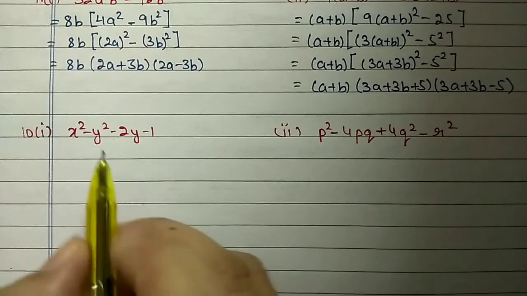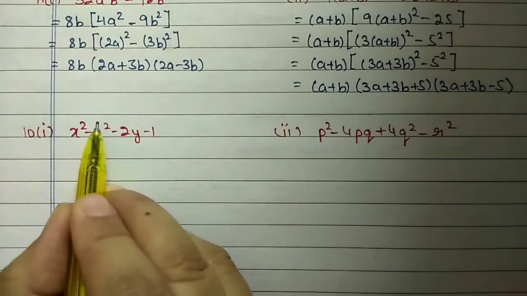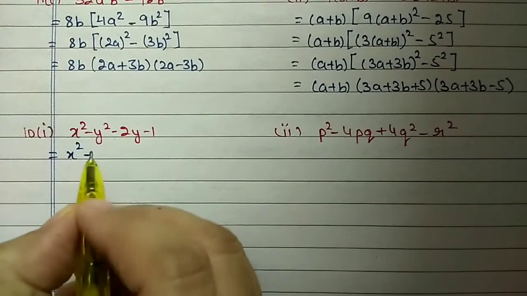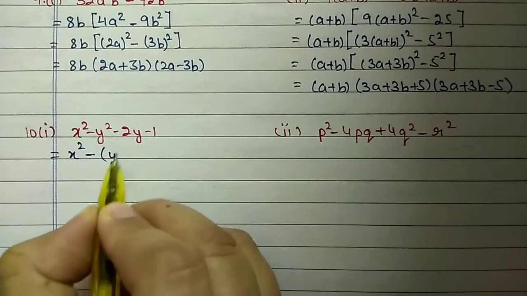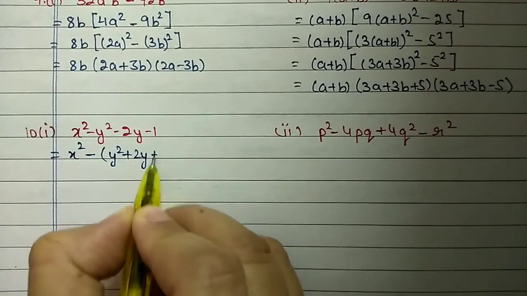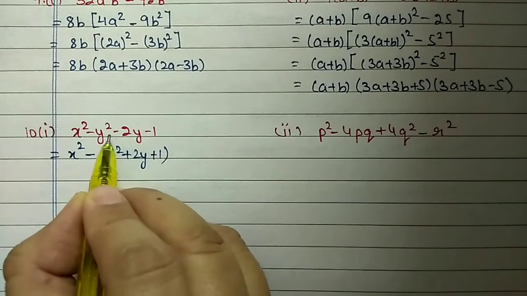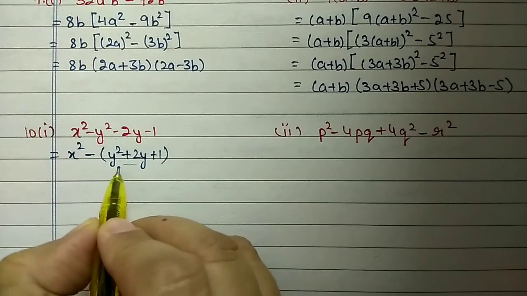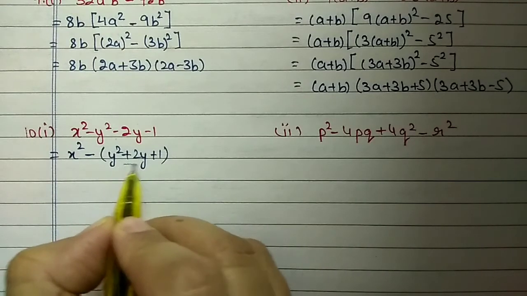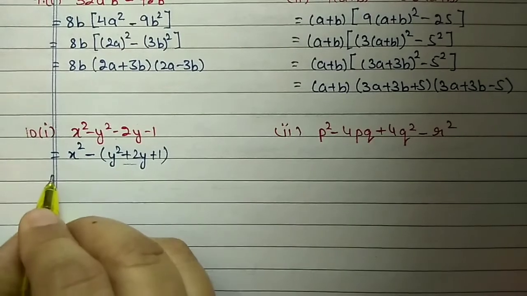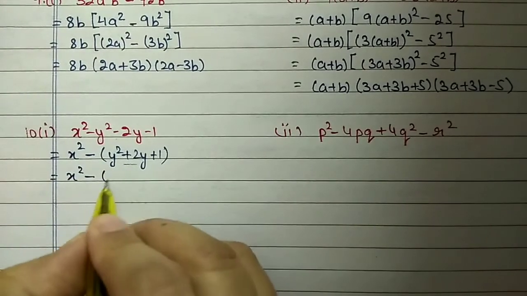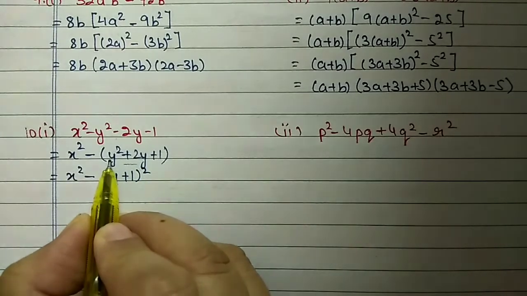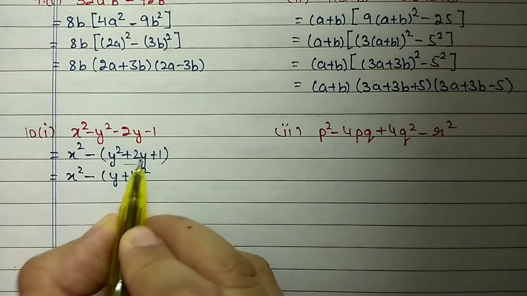Now what we will do, we will take the last three terms together. First we take minus out as common. Then inside the bracket we have y² + 2y + 1. When we are taking minus as common, all symbols will change. If you see carefully, it is the square expansion of (y + 1)². So this thing you can write as (y + 1)². (a + b)² when you expand becomes a² + b² + 2ab.